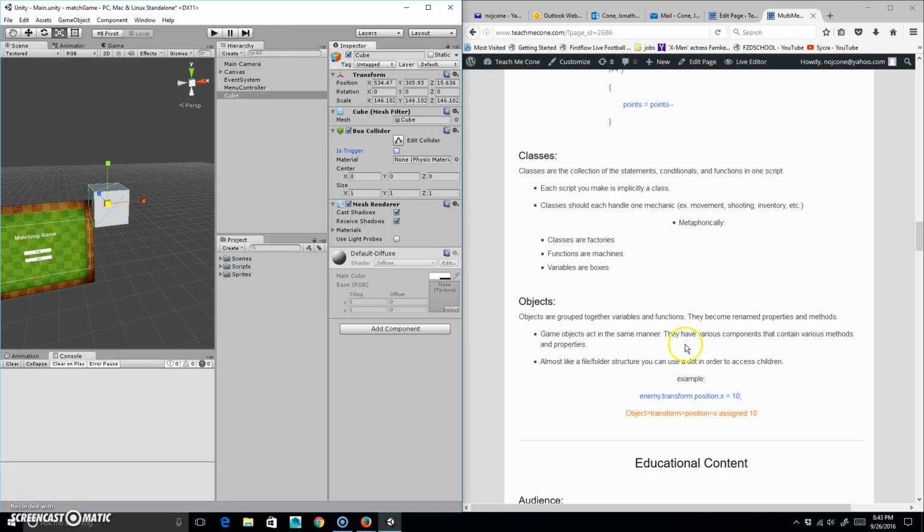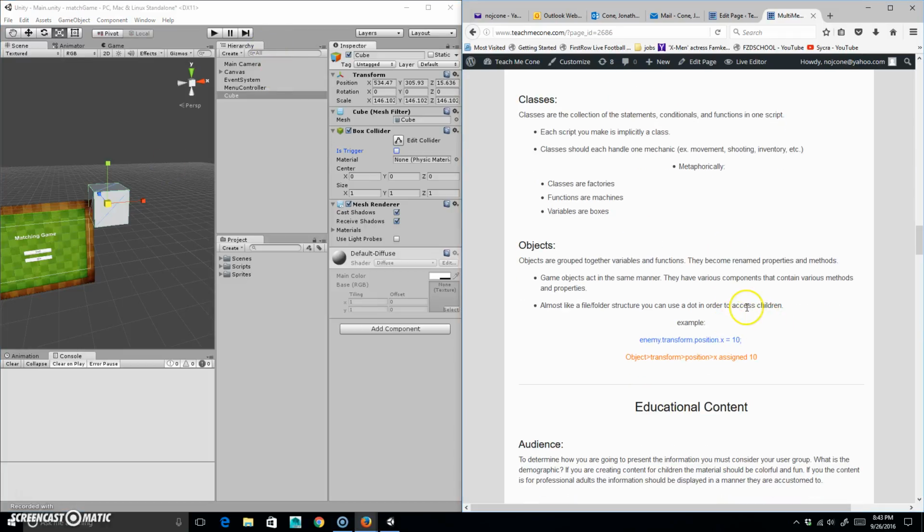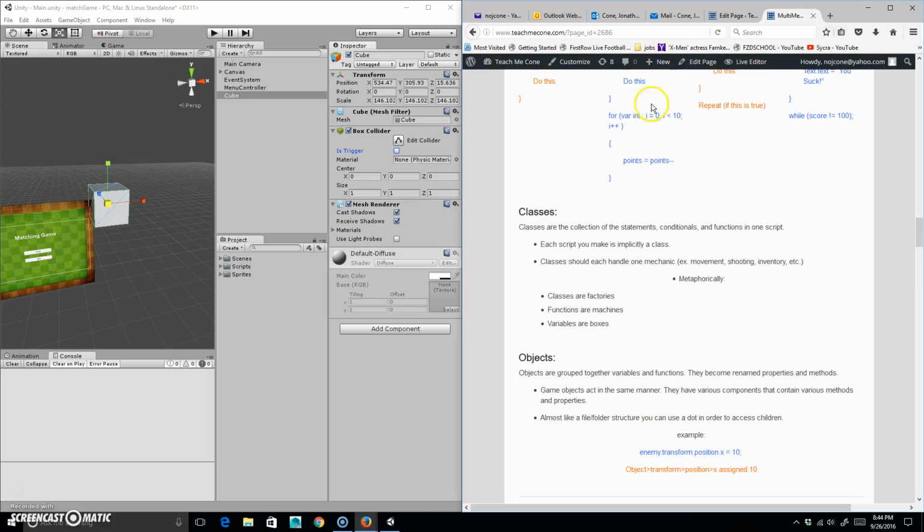Now, what that means is this. Basically, you have two main things that an object has. It has attributes and methods. I said functions. Functions are when you're making things up here, like when you're writing your scripts and